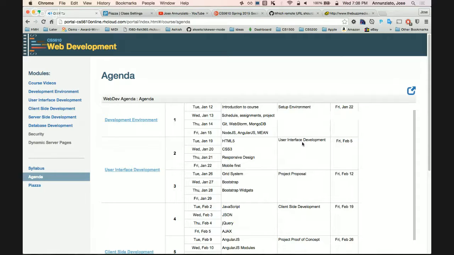So for the user interface development assignment, you need HTML5 and responsive and Bootstrap. We won't have covered everything until the end of third week, right? But you should be able to start thinking about it, right? So it's not until a week after that you'll actually be due.